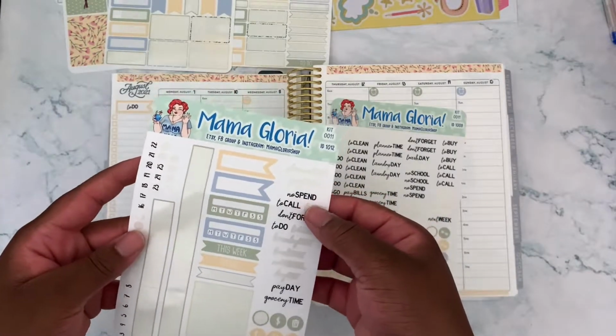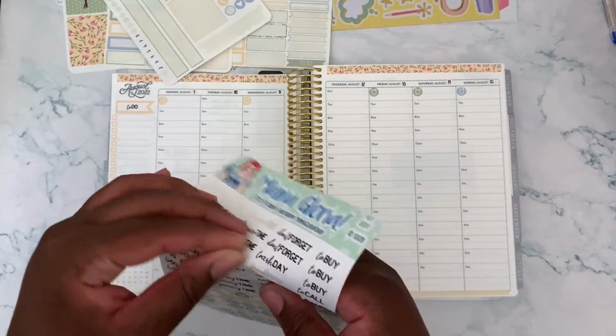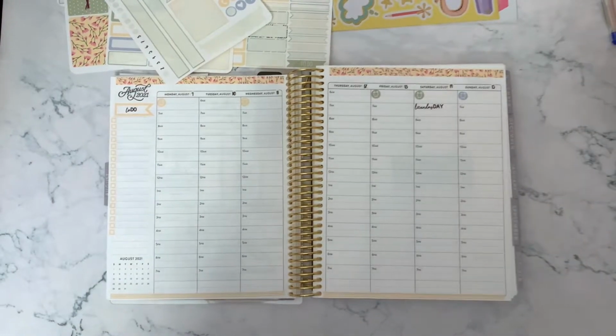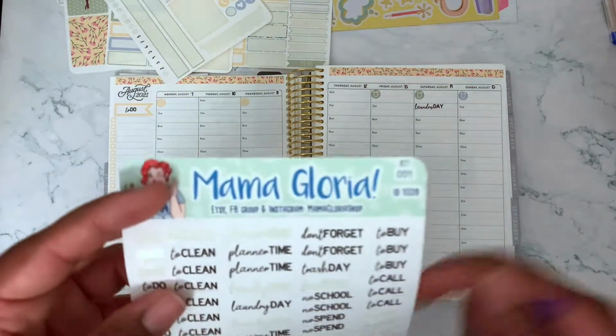Should I do no spend today? Grocery time. You know what, I do need to do laundry. I should probably do that. So I wanted Sunday to be a total rest day for me, kind of doing a whole bunch of nothing, especially before school starts. Really just living my best life, whatever. But it looks like I have a hair appointment at 2 that day,